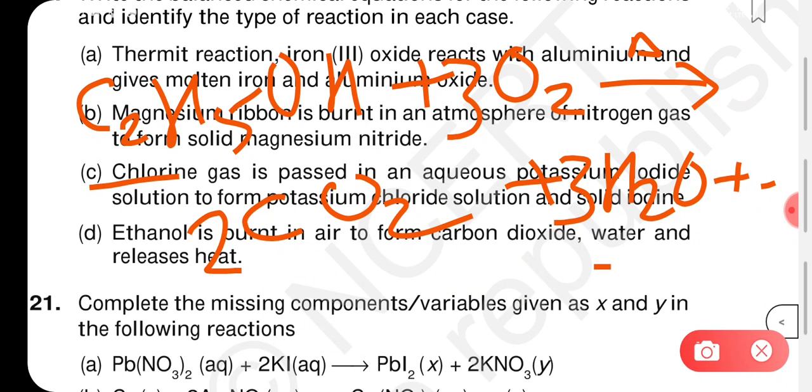So what type of reaction is it? As you see, carbon is added with oxygen, and also there is removal of hydrogen so that water is formed. So we can say this is an oxidation-reduction reaction, we can call this a redox reaction. Also it's a combustion reaction because alcohol, ethanol, is burning in the presence of oxygen. Next, it is an exothermic reaction because heat is also being produced during the reaction. So redox reaction, combustion reaction, and exothermic type of reaction it is.